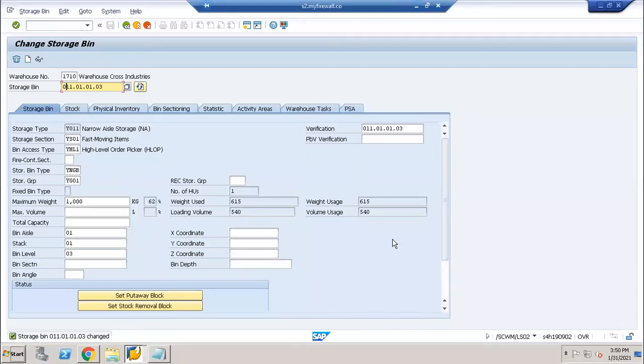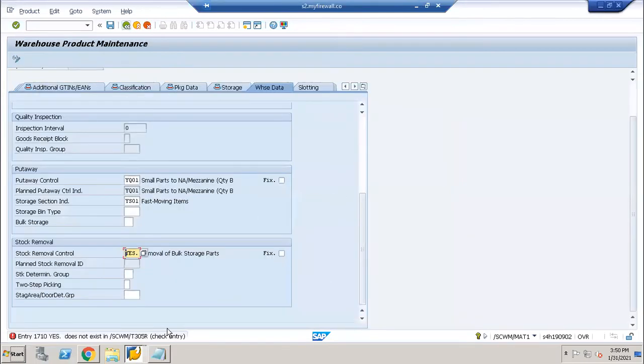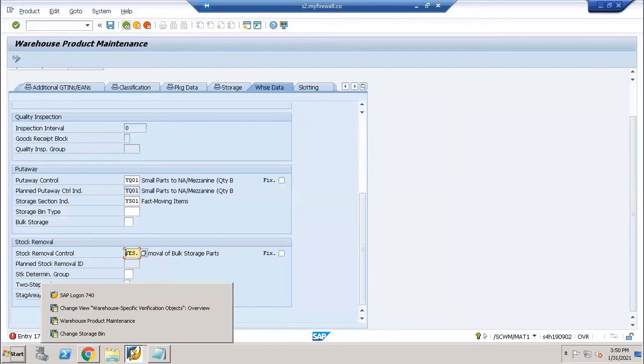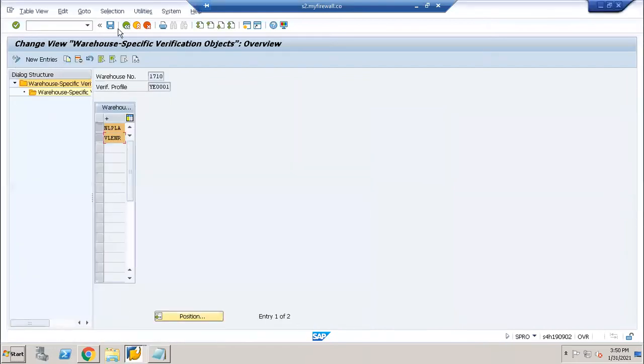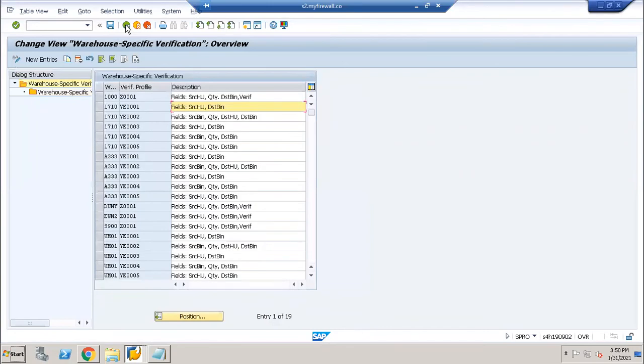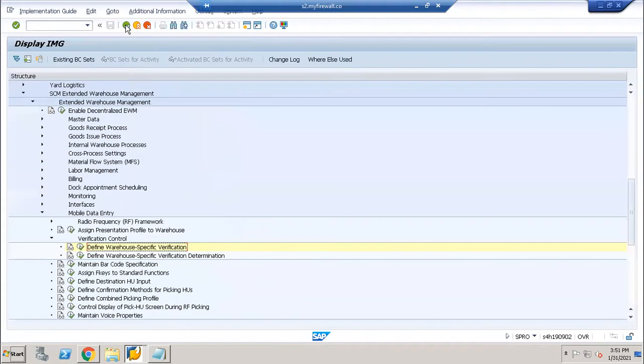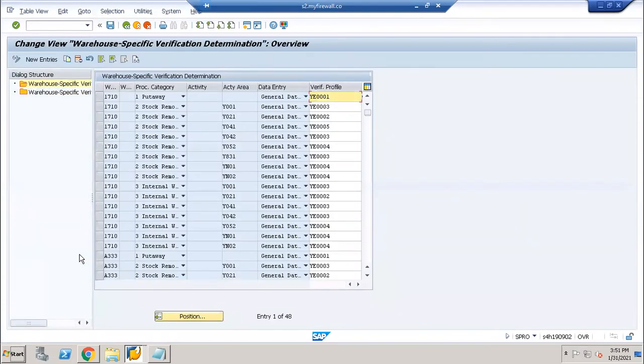So how to determine the verification? Okay. So let us go there. Or specific verification object. So we have seen how to determine it, means based on the operation.